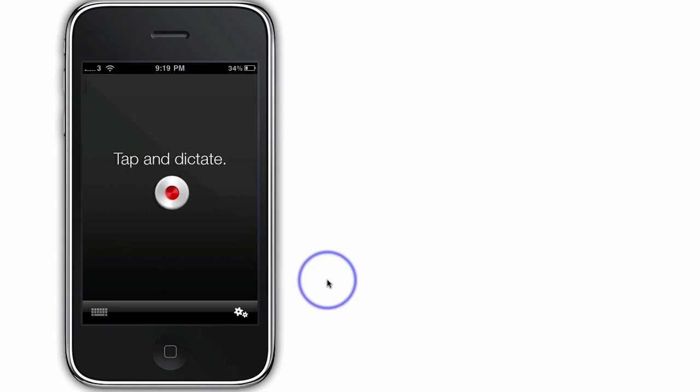Dragon is an iPhone app that allows you to easily and quickly convert your speech into text. Now there's a whole heap of uses, a whole range of things you can use it for, and I'm going to tell you exactly how I use it. And I'm really excited because it is one of the best apps that I believe is available on the App